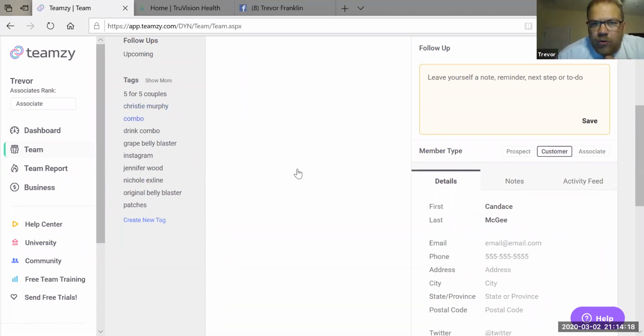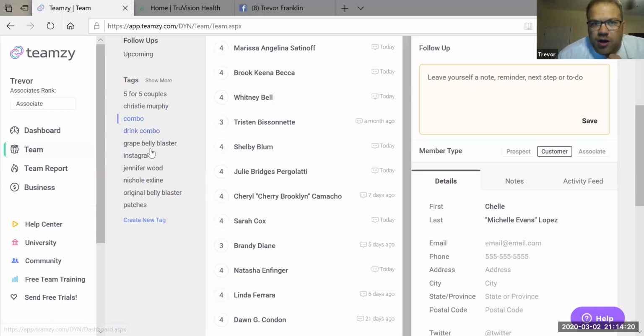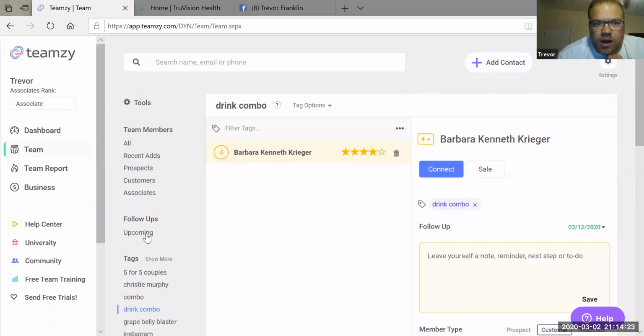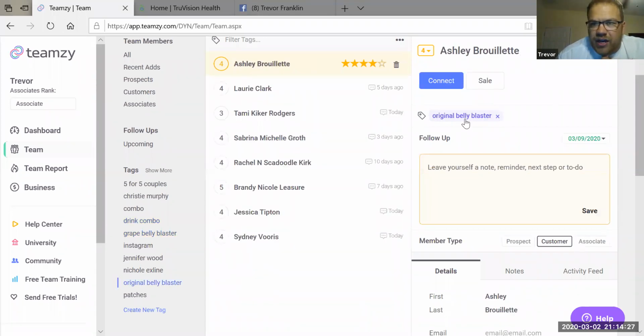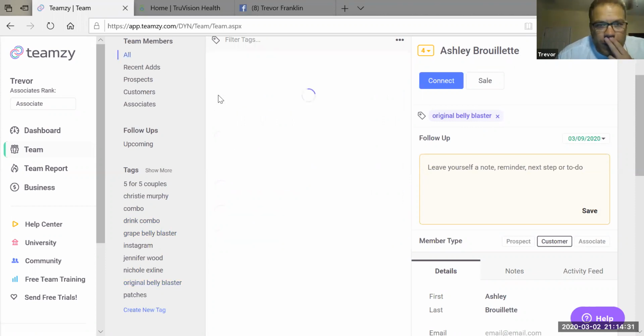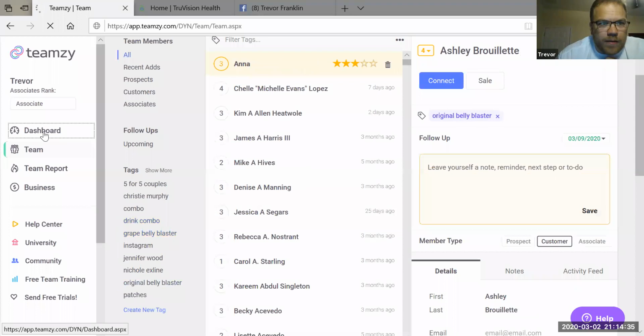These people have all ordered the combo. These people have ordered the drink combo. They're up there: the Great Belly Blaster, the original. So as you can see here, it's all right here in the tags. So once I go back to, let's see,